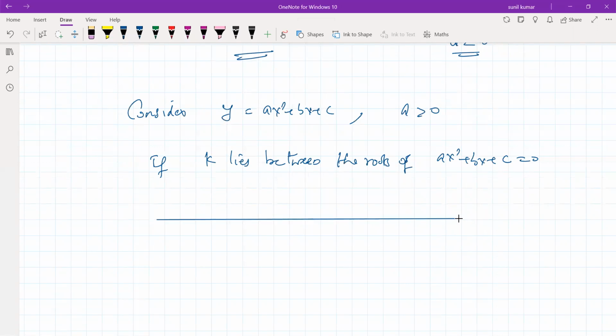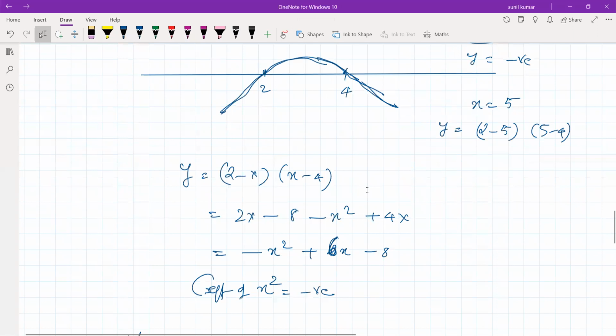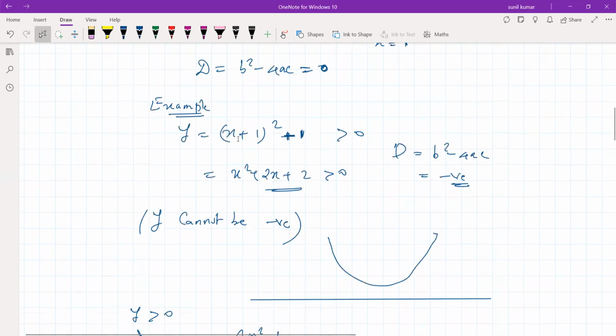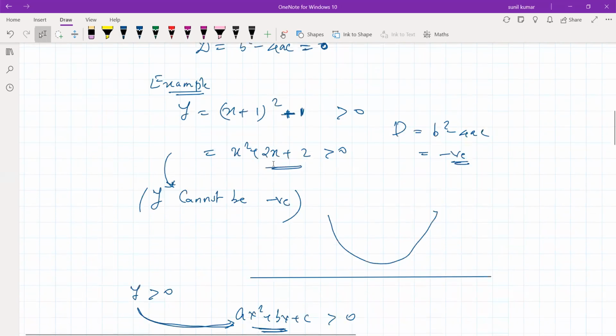सर तब नेगेटिव होगा y की वैल्यू. I mean sorry sir, then sir, in that case perhaps the value of one equation will be negative. Yes, in this what is happening? Sir, at the start you wrote y can't be negative. That is whenever the discriminant is negative. Whenever the discriminant is negative, you see, discriminant negative, then y positive. y can't be negative. In this example, yes, yes, in this example y cannot be negative. That is in that particular example.